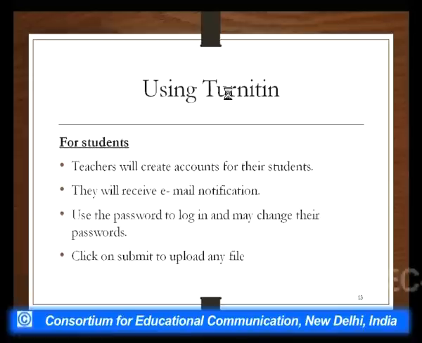For students, there are two ways of creating accounts. As I said, teachers can create accounts for students, and if teachers feel they don't have time, they are busy with other things, then students can create accounts by themselves. As I said, when students submit assignments,